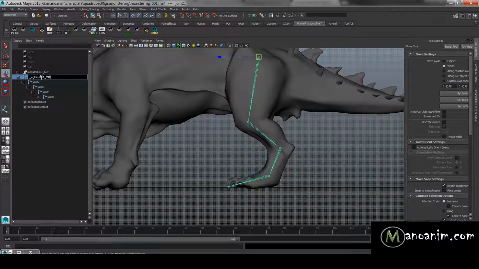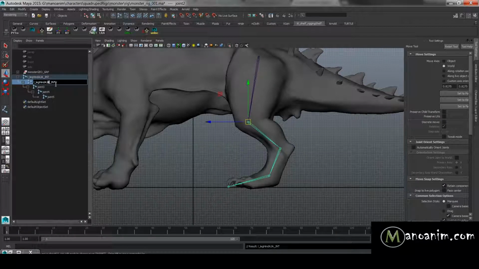AJA, JNT. And the reason why we call it AJA is because if I had two hind legs on the left side, like sometimes you will have a character that has two arms on one side. Let's say it's a creature. You can call that AJA, or you can call it BJA, or CJA. So if you have 9 tails, you would call them A, B, C, D, E, F, G, H, and so on. And it's the cleanest way of naming stuff. So let's just use that, and then B, so C,